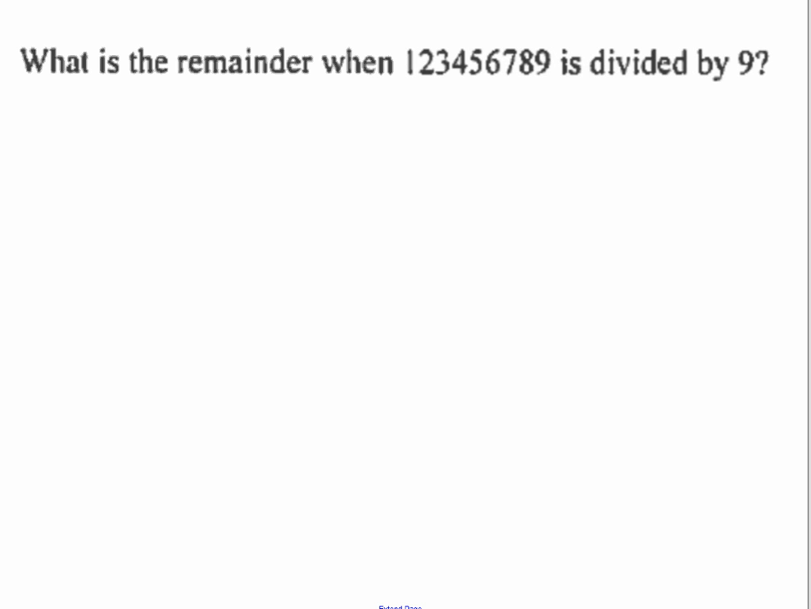So the easiest way to approach this question is to first test the divisibility rule for 9. The divisibility rule for 9 is if you add all of the digits in the number, if it adds up to a multiple of 9, then you know that 9 goes into the number. So if we add up all of these digits, and a really quick way,